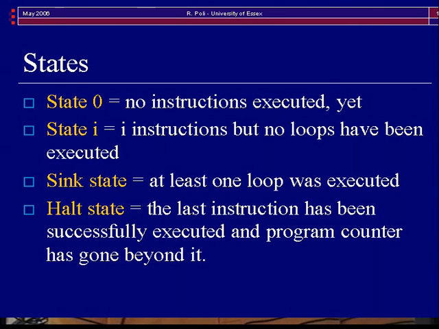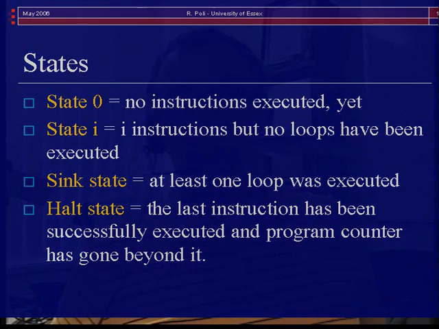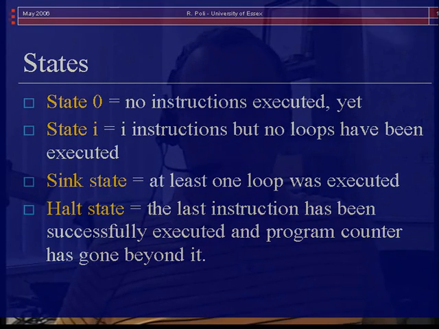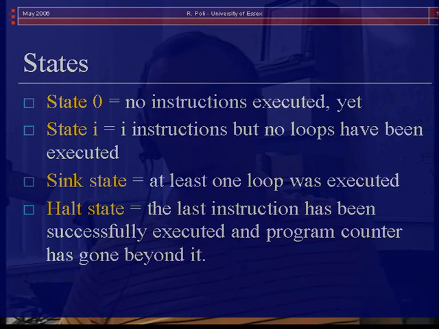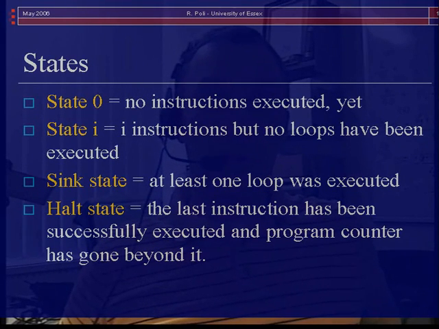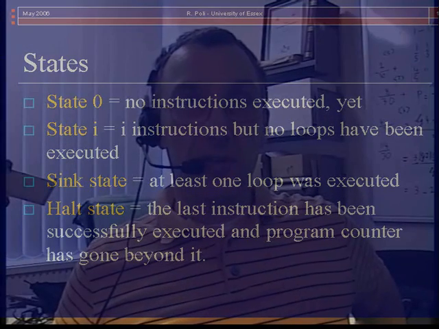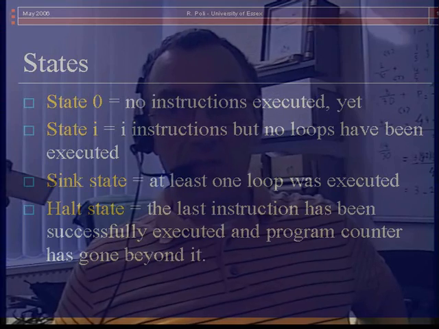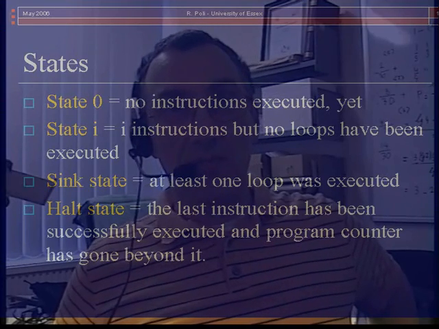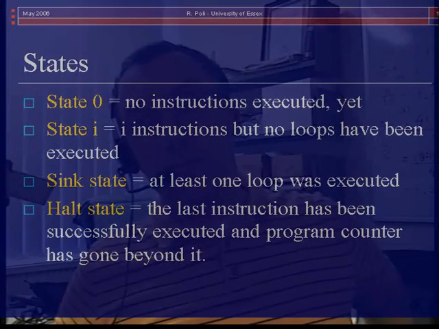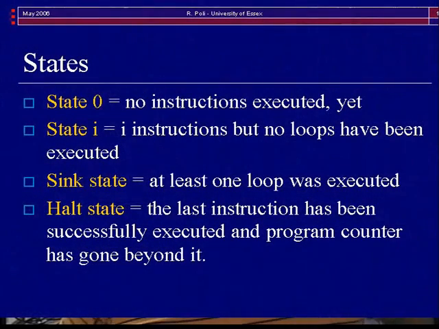So what we have done is to concentrate on states that are really important for us and states that are perhaps not as important. We start from state 0, which represents the fact that we have executed no instructions, and in general states for us will represent the number of instructions executed. So state 1 means we have executed 1 instruction, state 2 we have executed 2 instructions, and so on. Now, state I means in general we have executed I instructions, but we have not